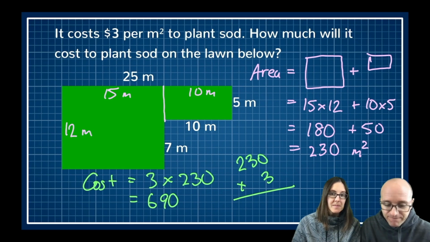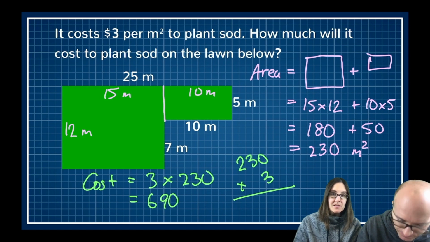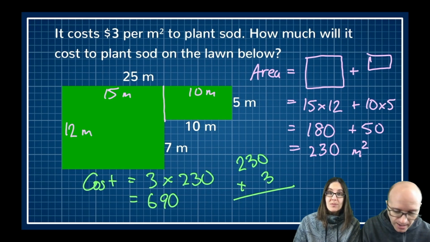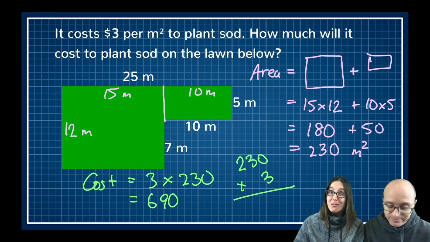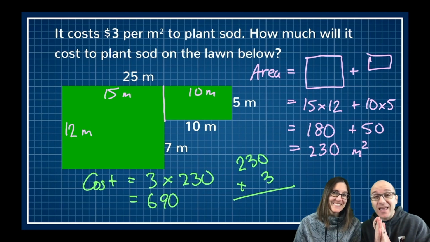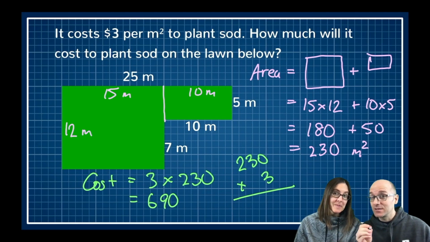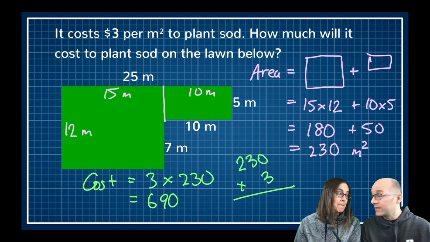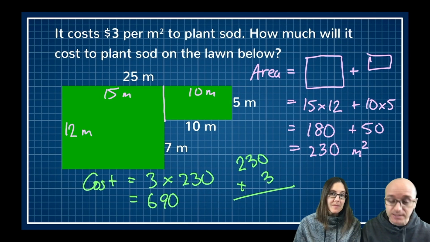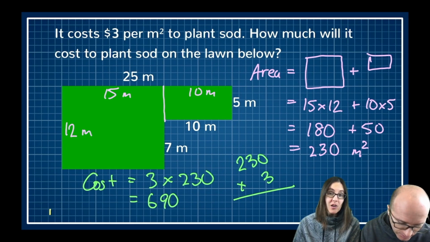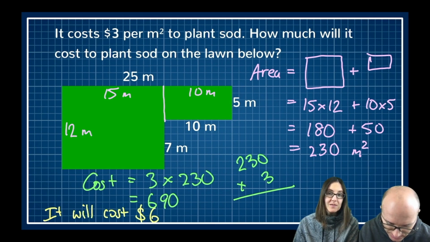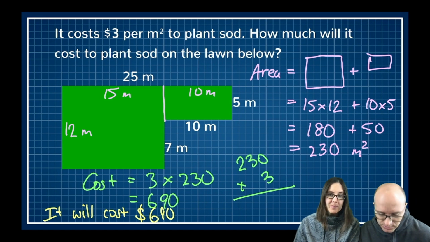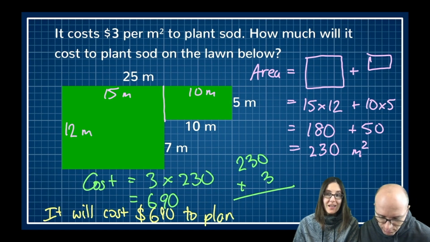All right, so final answer here is what, Science Mom? $690. Okay, yeah. And which is expensive. It is pretty expensive, but... Should have gotten rocks. I will mention, anytime you've been given a story problem, your answer should be a sentence. If they ask you something, if there's a full sentence worth, you've got to answer in a sentence, and make sure you're including the units as part of your answer. So $690 is what we need to say down there? It will cost $690 to plant sod. That is the answer.